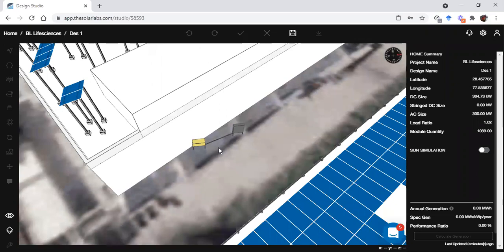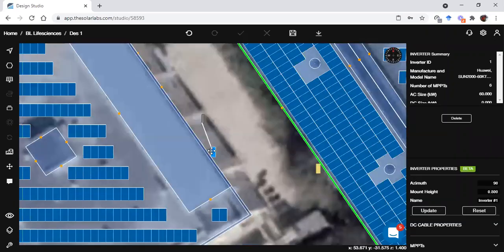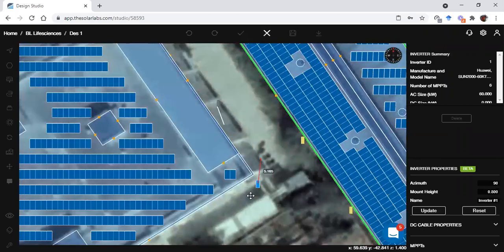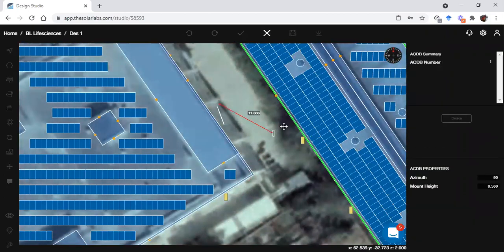Let's say this inverter is placed here and this ACDB is placed here.